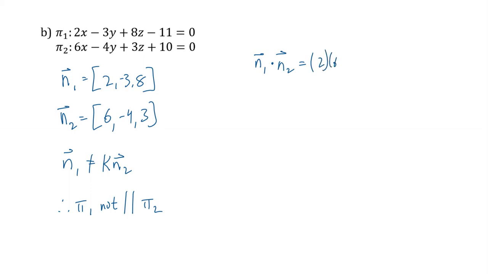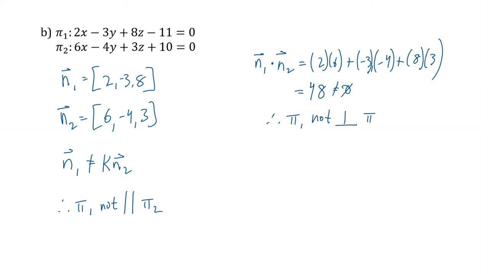So 2 times 6 plus -3 times -4 plus 8 times 3. And this looks like, I think, 48. Which is not equal to 0. So that means, now if that was 0, dot product 0 means they're perpendicular. If the normals are perpendicular, the planes are perpendicular, right? But they're not. So plane 1 is not